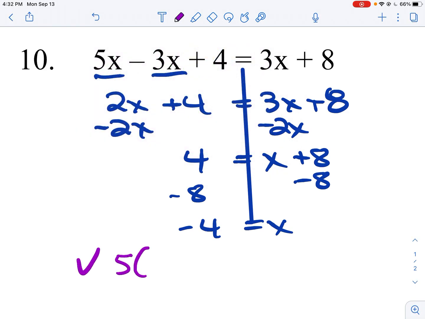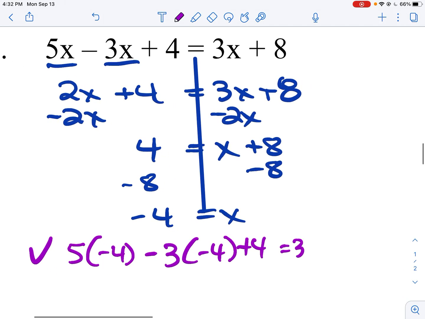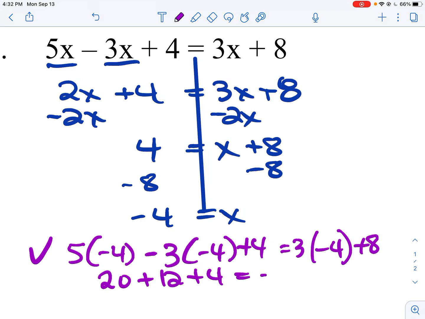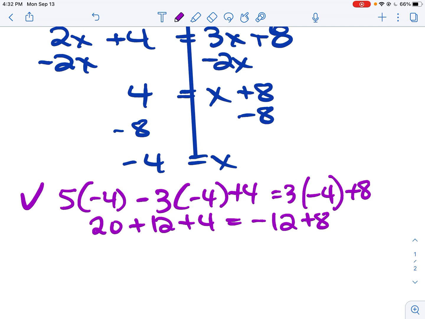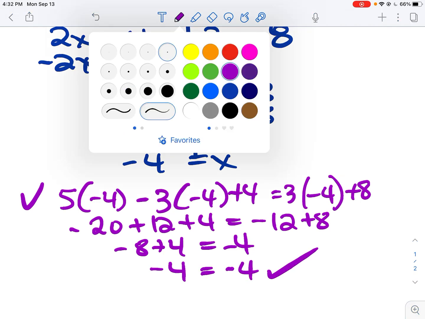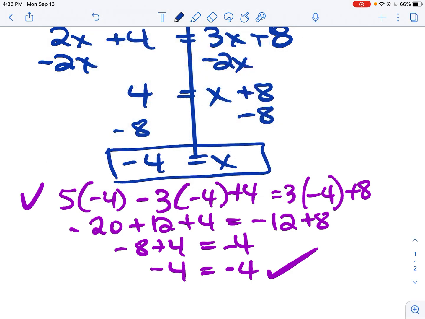So now I check my work and see if it makes sense. 5 times negative 4 minus 3 times negative 4 plus 4 equals 3 times negative 4 plus 8. So negative 20 plus 12 plus 4, negative 12 plus 8. This is negative 20. So negative 8 plus 4 equals negative 4. Negative 4 equals negative 4. So yes, I did